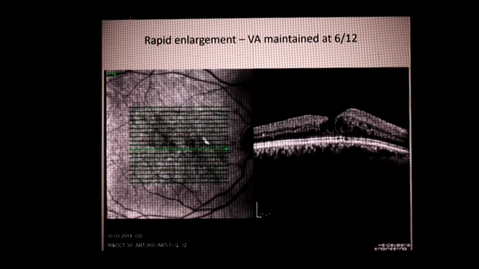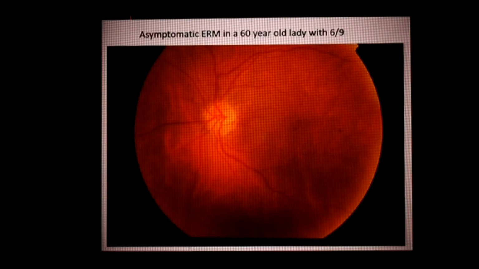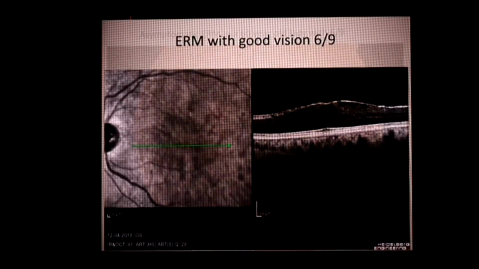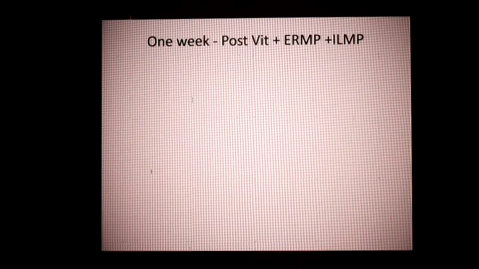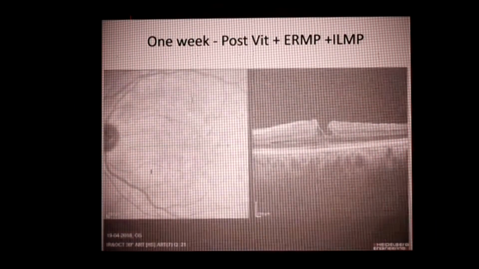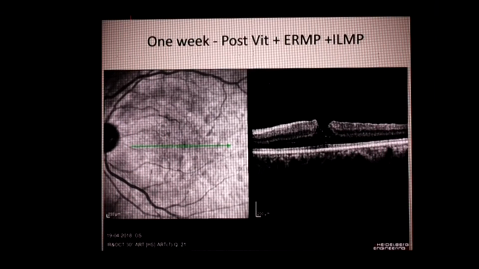And this is an example of a rapid progression of a degenerative type, which is very much unlike what was described in the paper. An ERM with a pseudo hole with good vision was operated because of some symptoms. And you can see that 1 week post-op, there was this picture of the lamellar hole showing up, something like a foveal ectopia that the previous speakers mentioned.